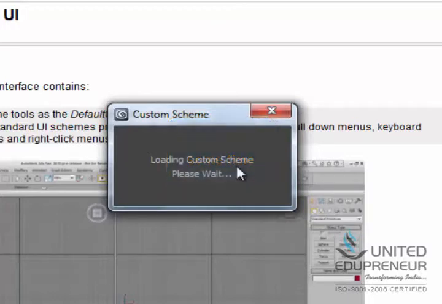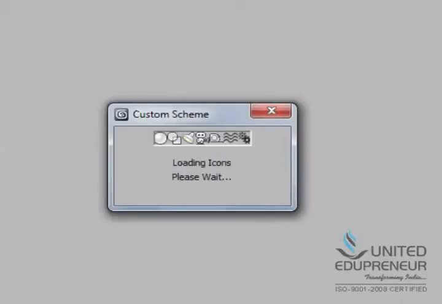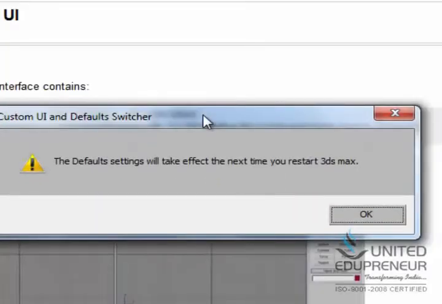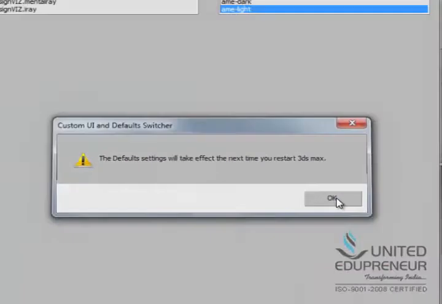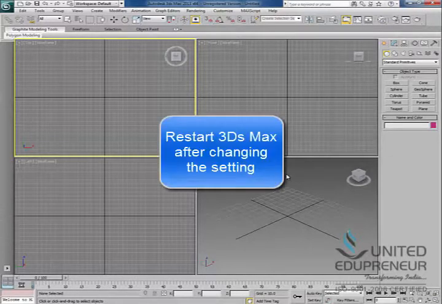This is just a preference, so you can still work with that darker scheme if you want to, but this light scheme is more preferable for me. The default settings will take effect next time you restart 3ds Max. You'll click OK. Now I'll recommend you to restart 3ds Max, but in this tutorial we'll be just getting familiar